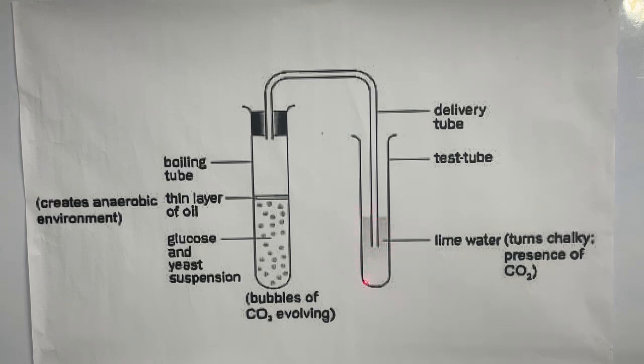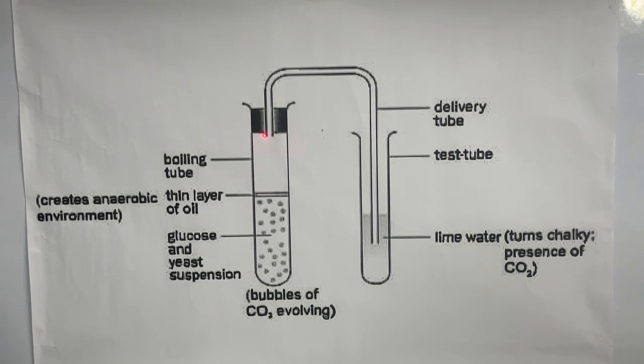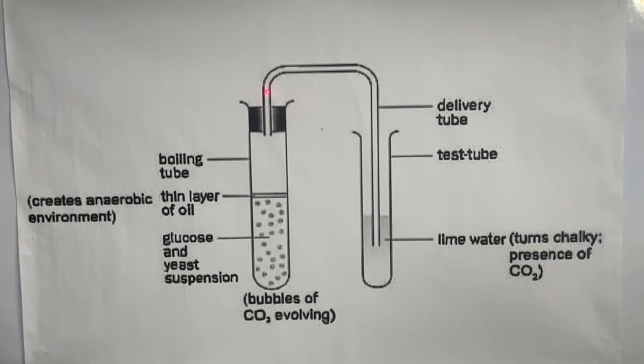I am already keeping lime water, that is slaked lime. This colorless lime water turns milky white if carbon dioxide is received. If it turns milky white, you can confirm that carbon dioxide is produced in this test tube from the glucose, passed through the delivery tube and reached the other test tube. Only carbon dioxide can form the milky white color here.